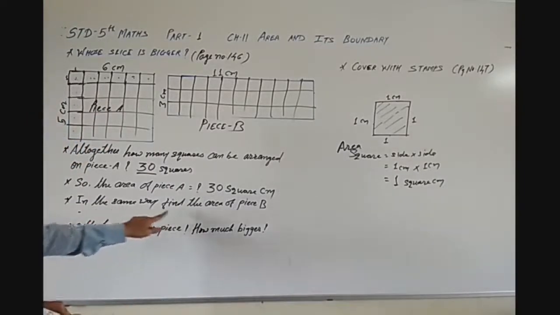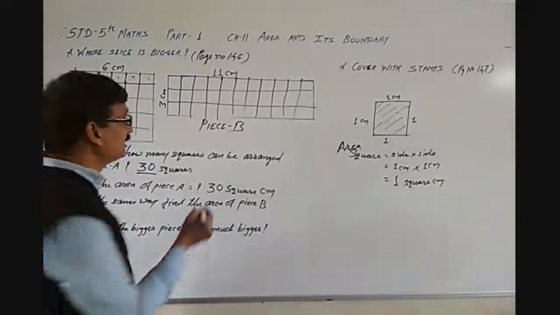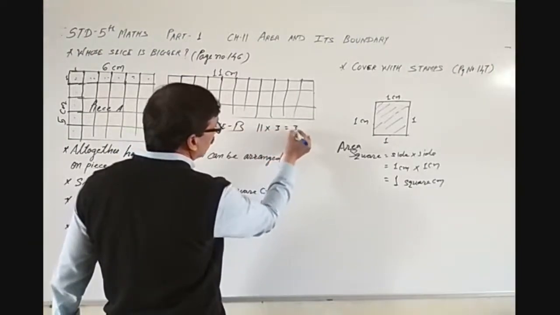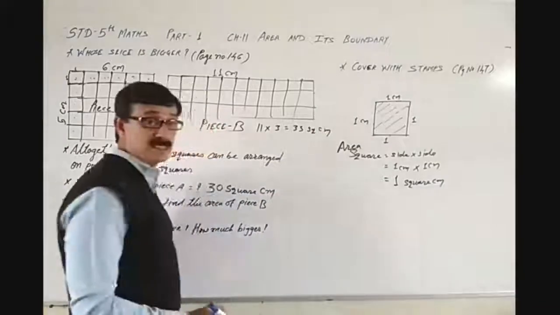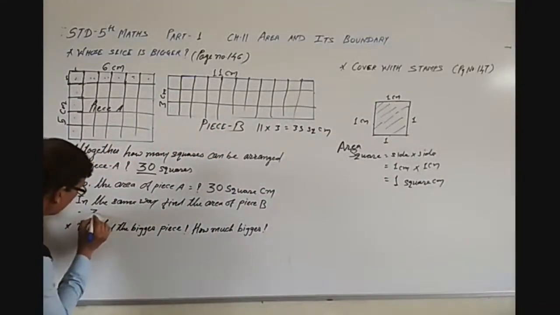In the same way, the area of piece B is equal to 11 multiplied by 3, which is 33 square centimeter, isn't it? So I should write here 33